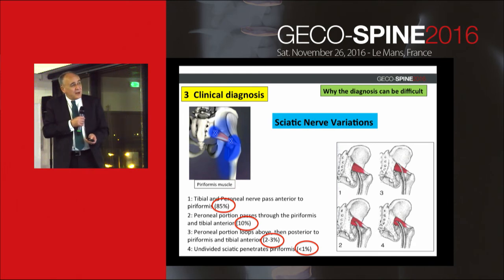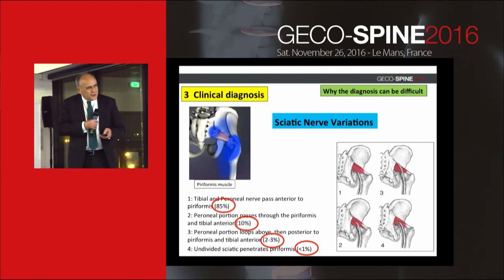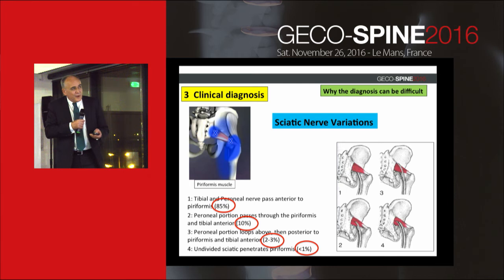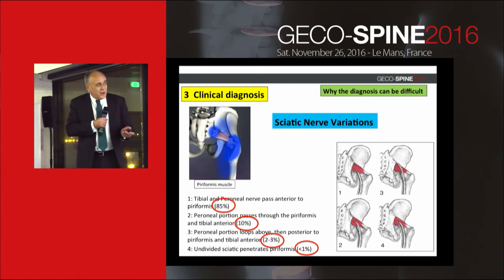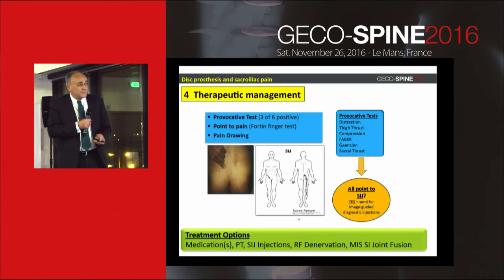Another point is the abnormal location of the sciatic nerve regarding the piriformis muscle. Because you may do a perfect disc prosthesis, and the patient still has a kind of radiation in the sciatic nerve. You don't understand why. And the literature insists on this location of the sciatic nerve, sometimes inside of the piriformis muscle, and sometimes in a very strange position regarding the piriformis. So sometimes we have a true piriformis problem, or sometimes we have an associated sciatic nerve variation.